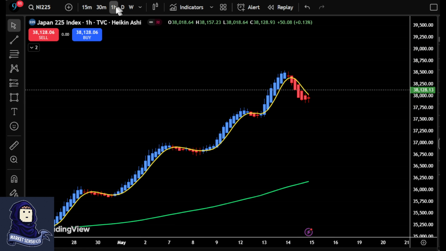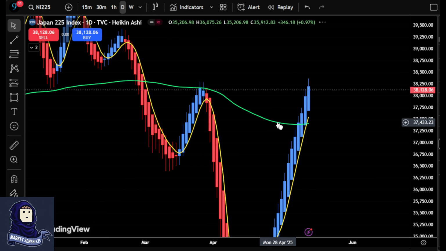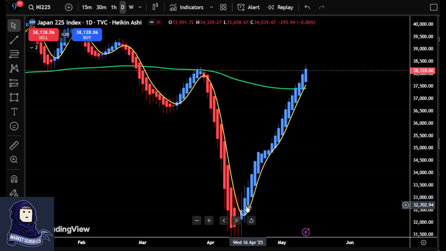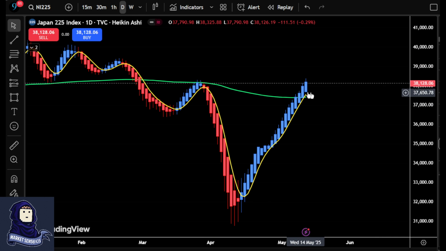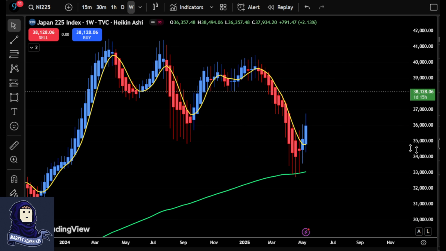As you can see, this is an hourly chart, and this is 14 May today. So during this hourly chart here, if you plan to enter here, the daily chart shows very strong, right? Yeah, very strong. It's broken above this one, so it does have a chance that it will have some kind of pullbacks, but for discussion's sake, we're trying to estimate here. Okay, the weekly chart shows it's going upwards. So if you're planning to enter, because the daily chart and weekly chart are positive, you try to time your